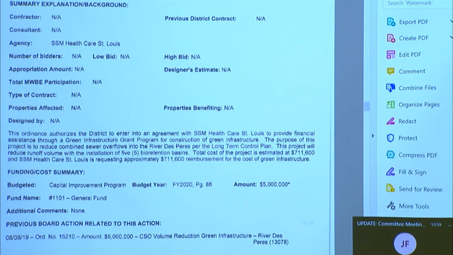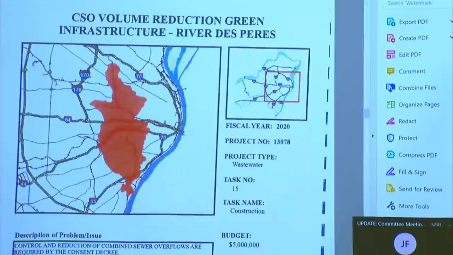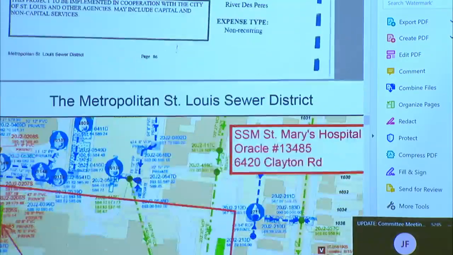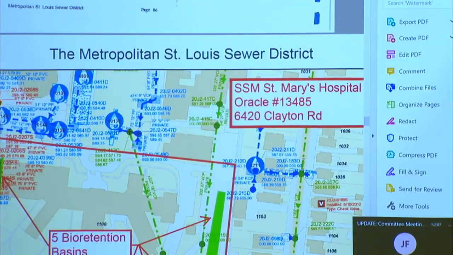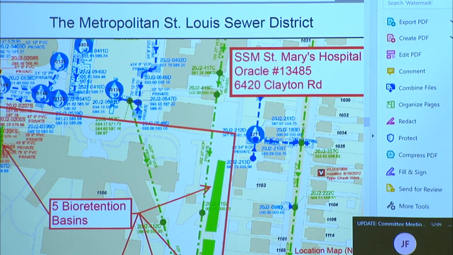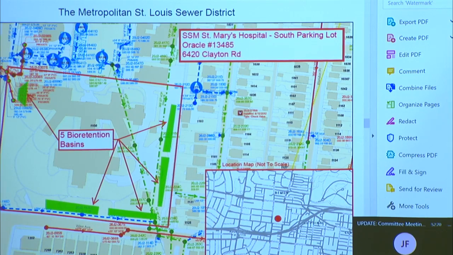And if you go to the backup documentation, up in the right-hand corner, it'll say SSM St. Mary's Hospital South parking lot. In the middle, in dark green, you'll see 5 bioretention basins situated primarily around the perimeter of the hospital where they're redoing their parking lots, and they're installing detention basins to capture that flow.